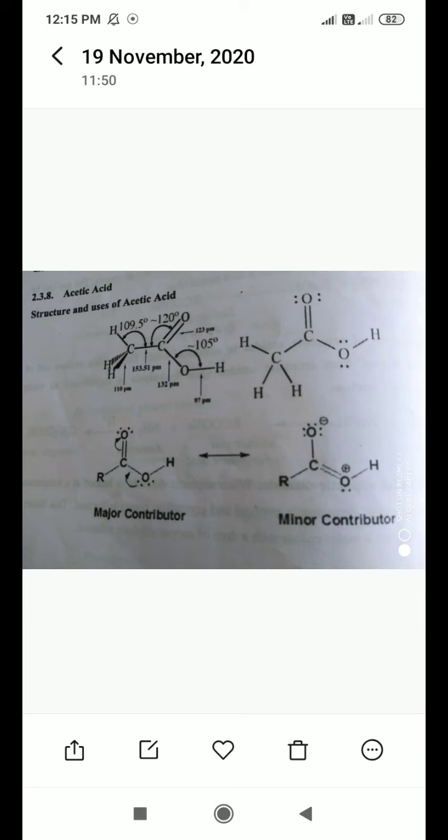Now, like a zwitterion, here they have shown one oxygen atom which possesses a positive charge, and the other oxygen atom which possesses a negative charge. This process continuously happens in the acid, exchanging or revolving that bond from negative ion to positive, positive ion to negative.